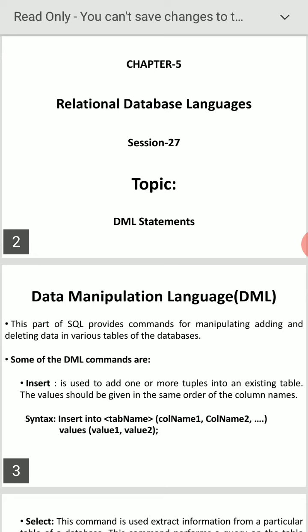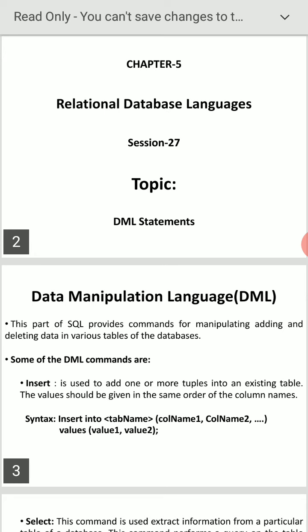Already you know what a database is: an organized collection of information, row wise as well as column wise. Now let us see some of the DML commands. First one, insert. What is the purpose of insert? Suppose a table already exists. Assume the name of the table is employee.